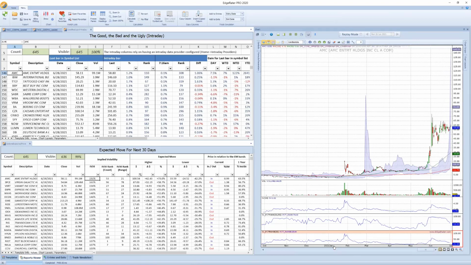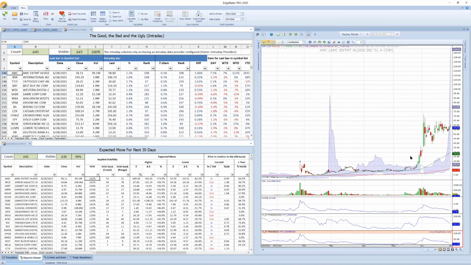Is it warranted to have such a high implied volatility in something like AMC? Well, it does certainly move in very unexpected ways. So anyone who's trying to sell premium could get really screwed unless the implied volatility was high enough to make them comfortable. So it probably does warrant that. One of the things to look at on the chart that gives you an idea as to whether the implied volatility is warranted is to look at this shaded area. That's your expected move